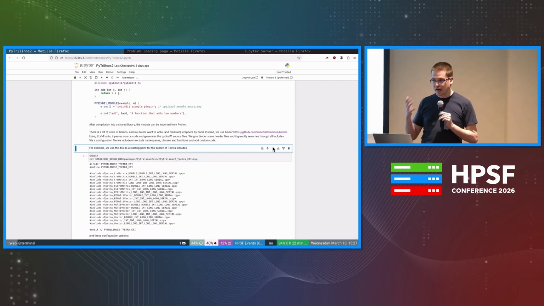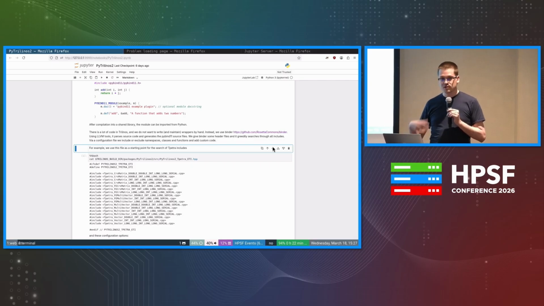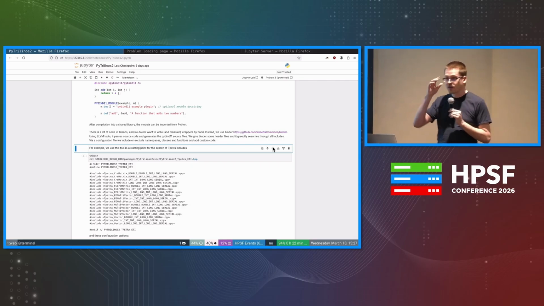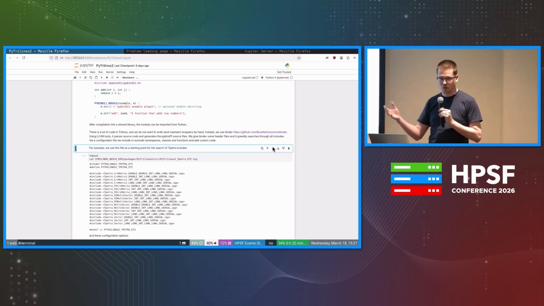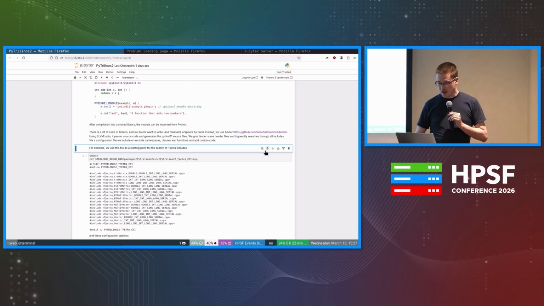So you have to guide it a little bit: what are the things that should be exposed, what should be wrapped, and what should immediately be left out and ignored. There's a whitelist, blacklist sort of thing going on where you say, okay, these are the things that I really want exposed in my interface, and these are the things that you should ignore. As an example here,